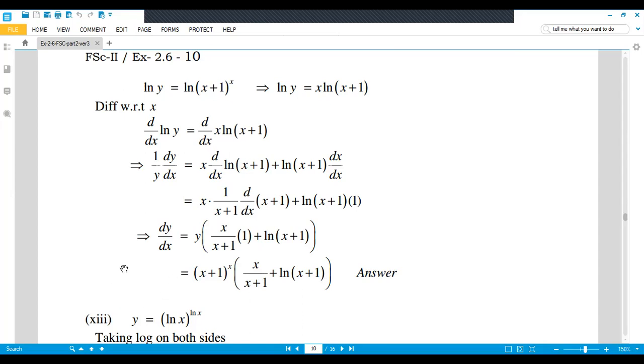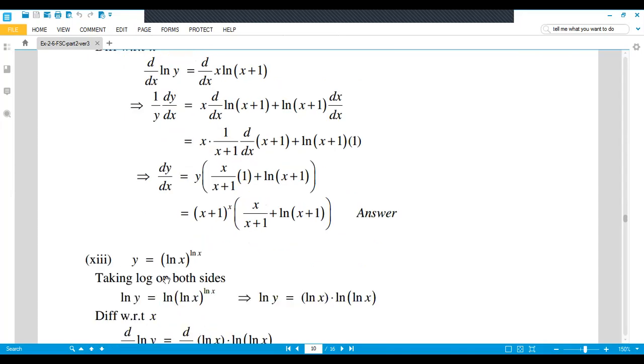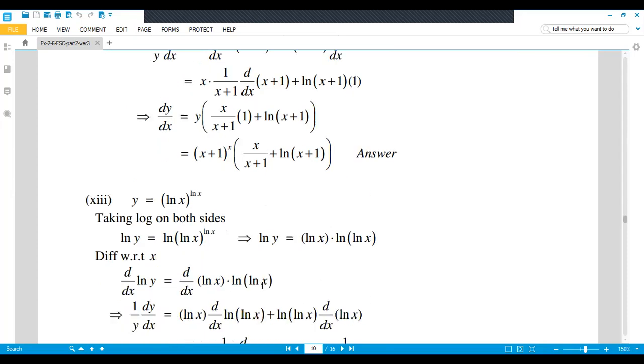Part 13 is just like 12, where you take log on both sides. Why? Because you have a variable and the exponent is also a variable. So taking natural log on both sides, natural log of y, and the exponent natural log of x will come as the coefficient, natural log times natural log of x. Again you apply the product rule. The first term as it is, the derivative of natural log of y is 1 over y, and further the derivative of y is dy by dx. Here they are given in the form of a product. You apply the product rule. The first value as it is, derivative of the second value, plus the second value as it is, derivative of the first value.